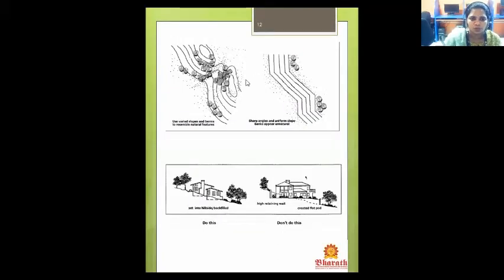So these are the two types of slopes. This is used where slopes and berms resemble natural features. This shows natural contour lines, and the landscape is also maintained naturally. Whereas here you have sharp angles and uniform slopes, which look very unnatural. Sharp angles and uniform slope banks appear unnatural.